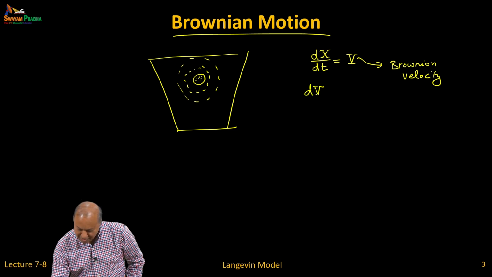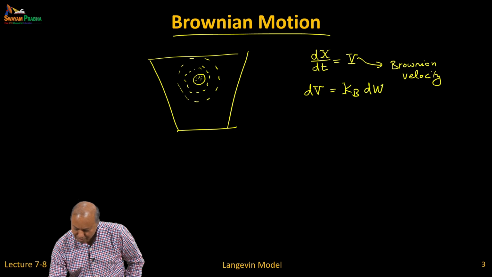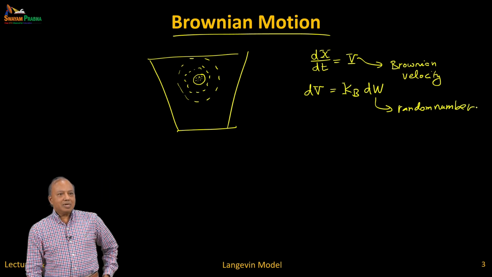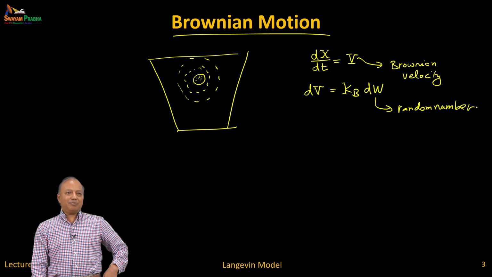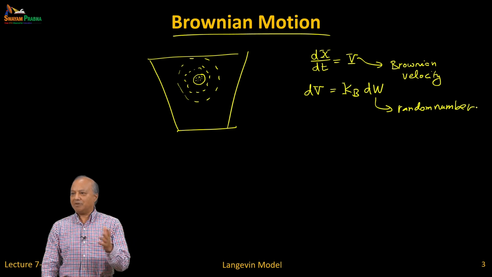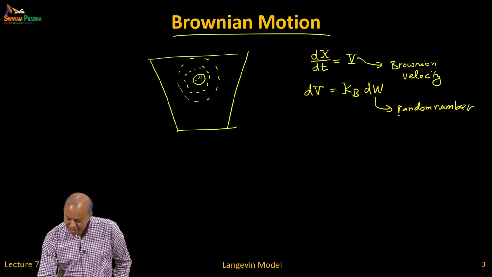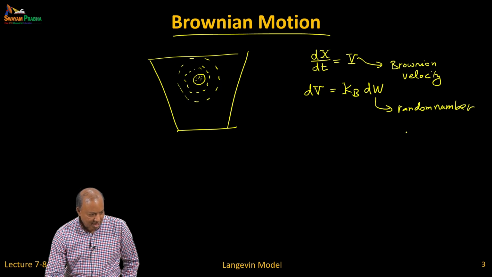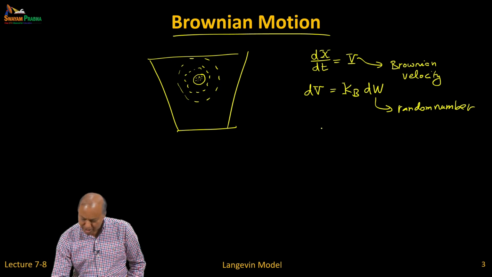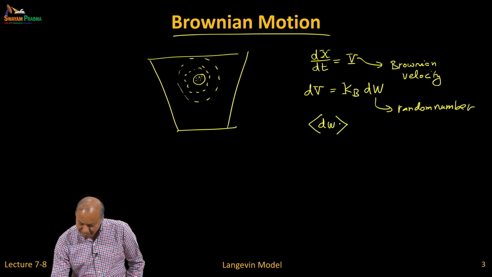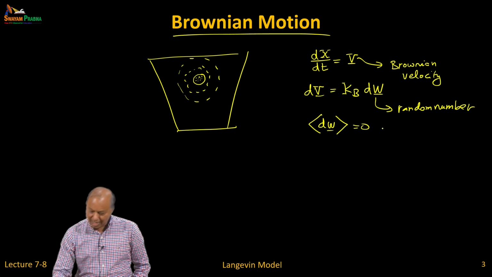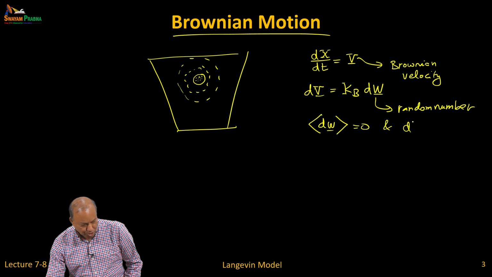The change in velocity every time will be equal to Boltzmann's kb, some constant, times some random number. So in other words, every particle, you give it a random kick. Every time step, you ask it to go left, right, front, back. The only thing is that this is a random number. This is a white noise process. So the average of this kick that you give is 0, and its mean square value,